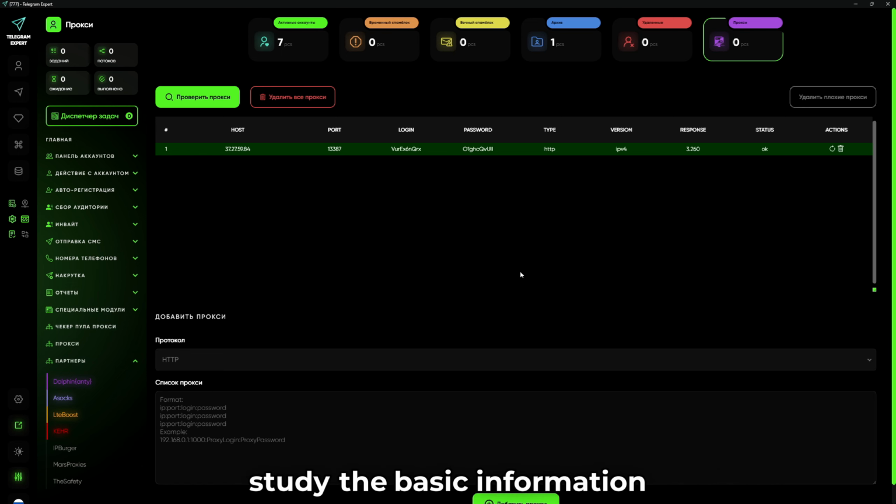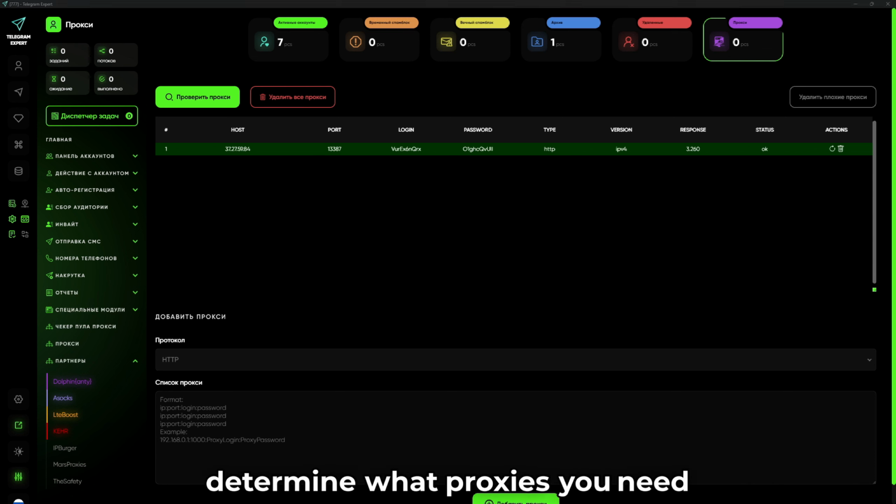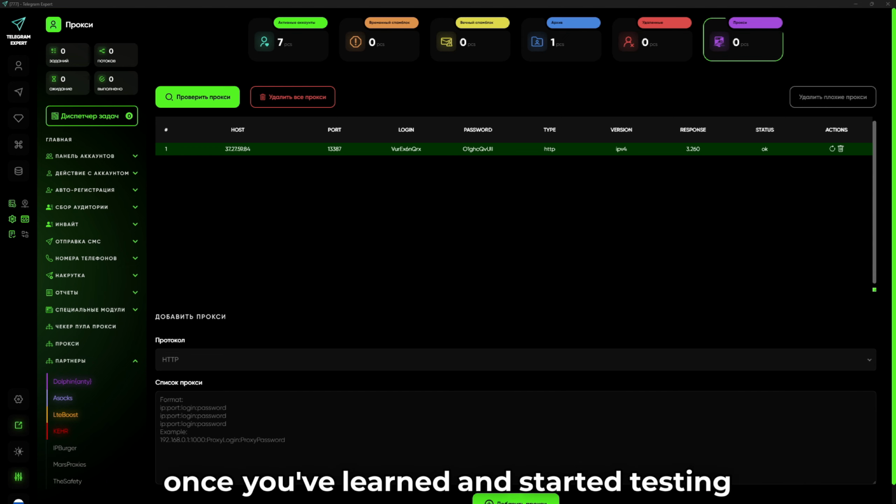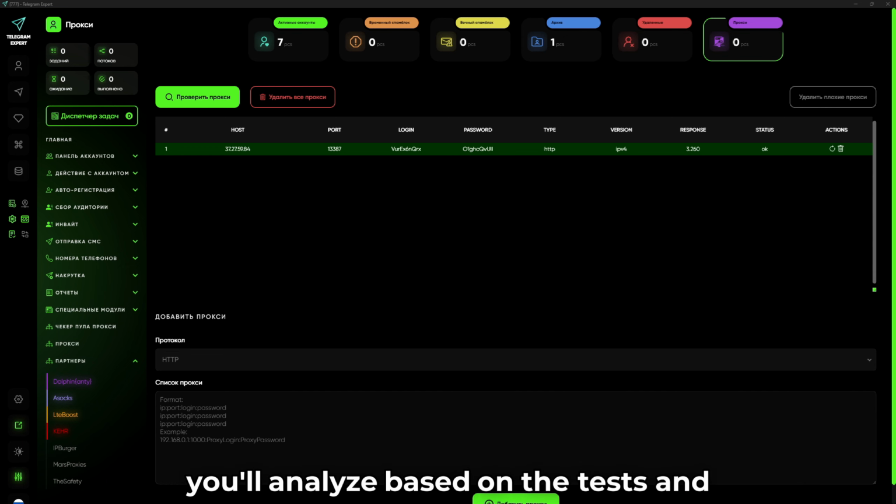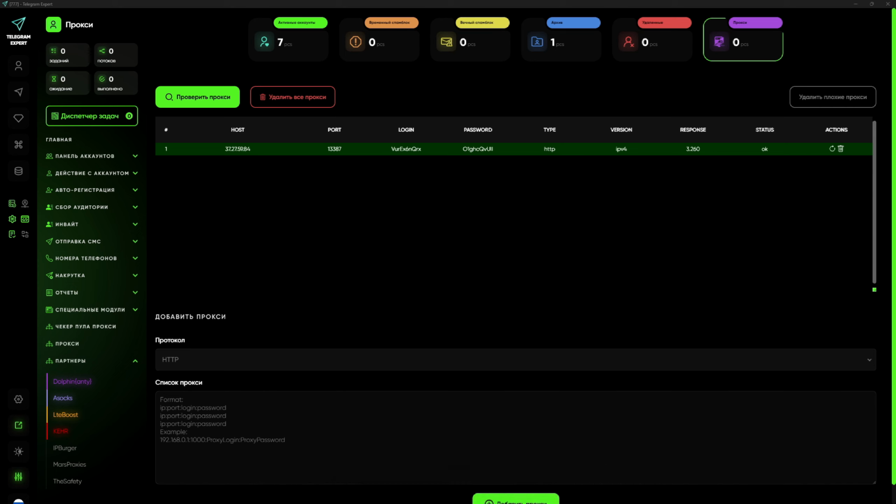Study the basic information, determine what proxies you need, whether you need rotation or not, and what you want to do. Once you've learned and started testing, you'll analyze based on the tests and draw conclusions.